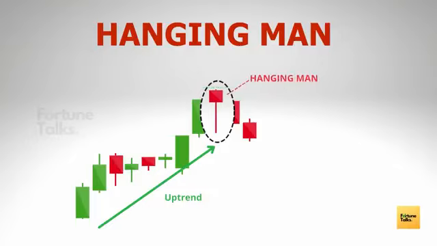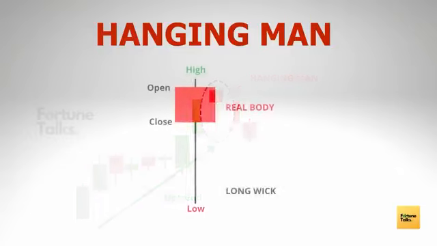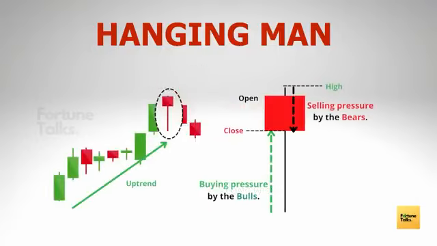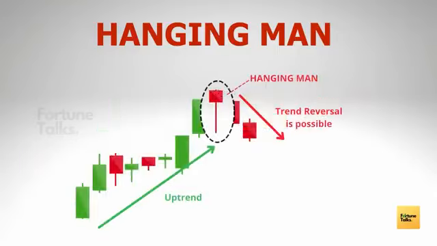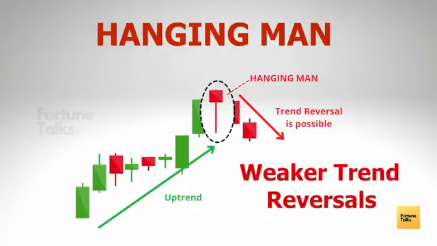A hanging man at the top of the trend indicates that the bears have managed to make an entry. This is emphasized by the long lower shadow of the hanging man, which signifies that bears have tried to break the stronghold of the bulls, because the bulls tried to push the prices higher, but the bears managed to bring in so much selling pressure that the price closed closer to the open price, creating a small real body. And there is a high probability that the market trend would reverse, and the hanging man pattern is a good indication that bearish sentiment is about to prevail in the market, and it is a good time to short the